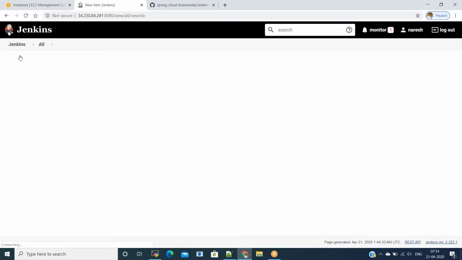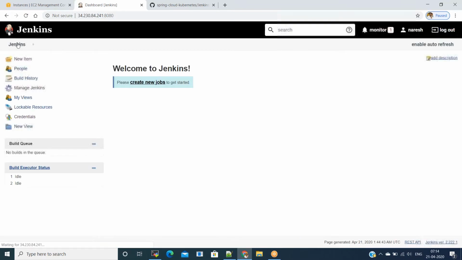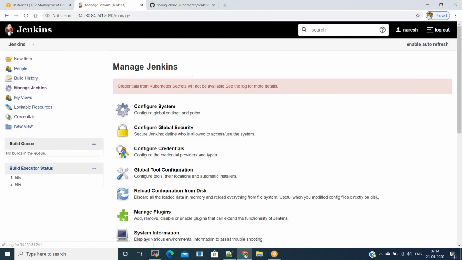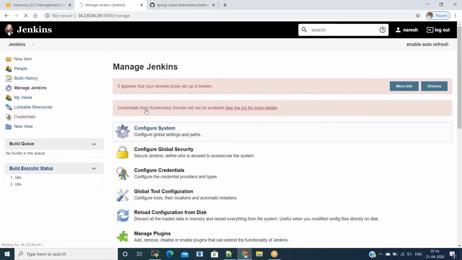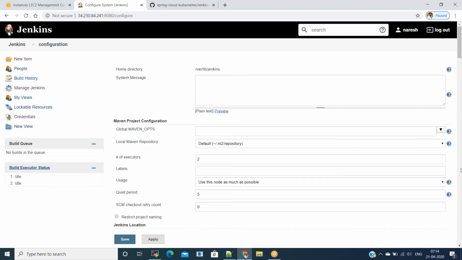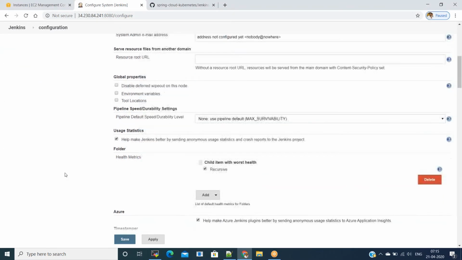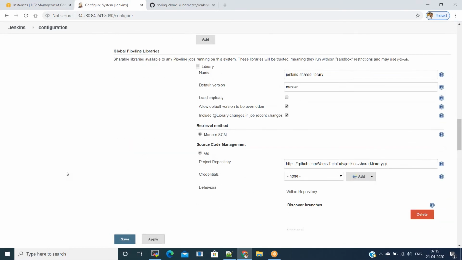And you may need to configure Jenkins shared library as well. If not, our CI/CD pipeline may break because we are using a common shared library for all of our CI/CD pipelines. For that, go to configure system, and in the configure system, you need to look for global pipeline libraries.